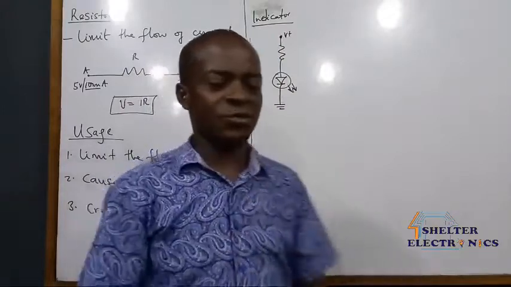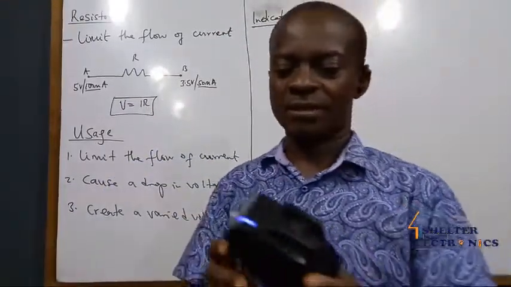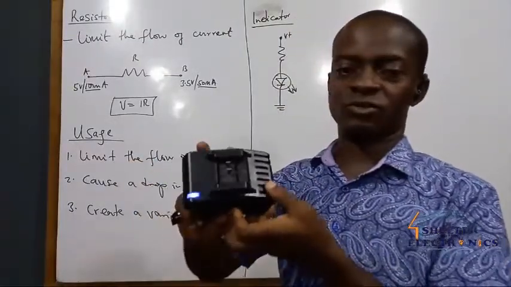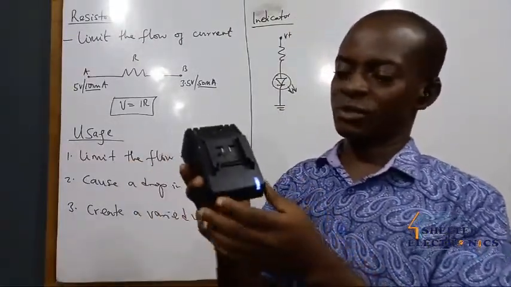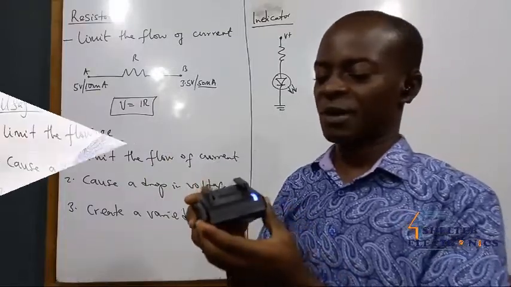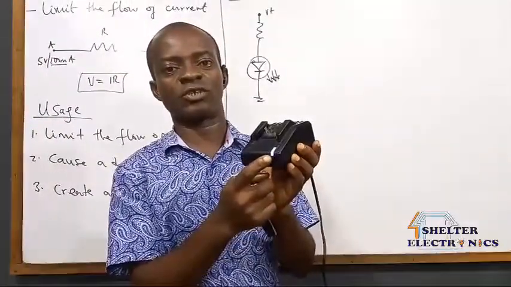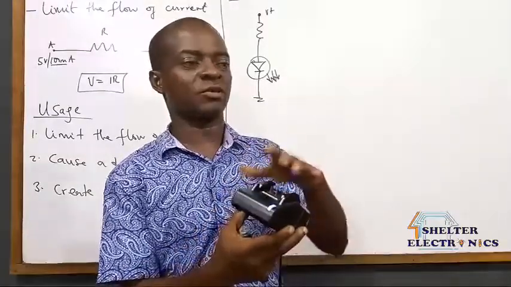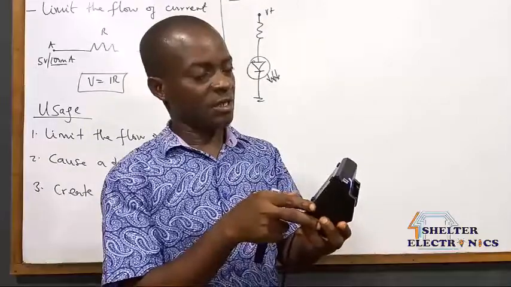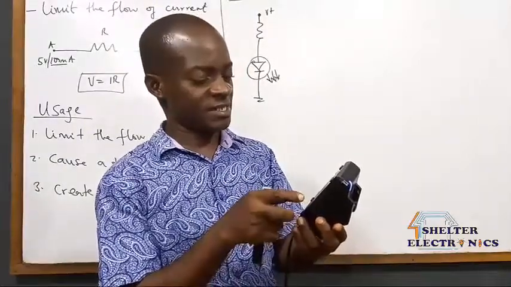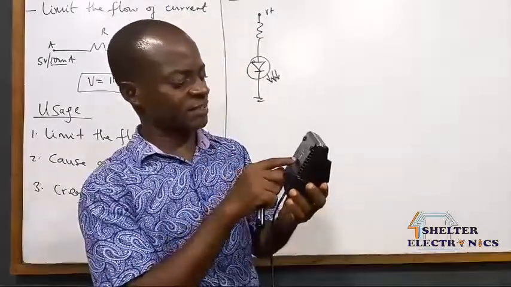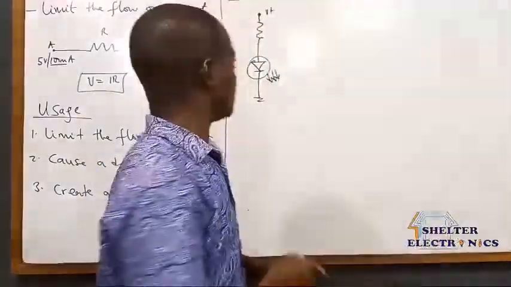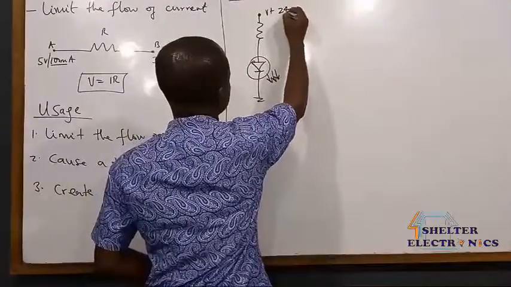I have a good example here in my cordless screwdriver power adapter. This is used to charge the battery of my cordless screwdriver. This is plugged to power, and that is why this indicator is coming on. But the output of this adapter that is used to charge the battery for the cordless screwdriver is 24 volts at 1500 milliamps. So in other words, the manufacturer of this adapter has here 24 volts at